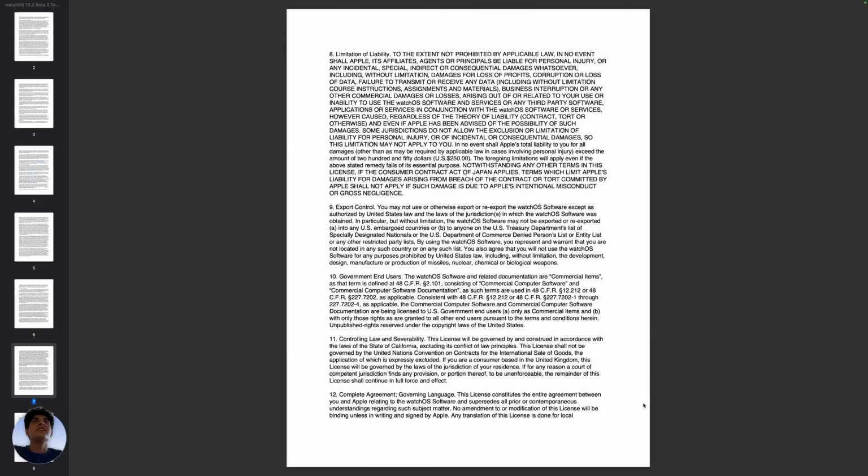8. Limitation of liability. To the extent not prohibited by applicable law, in no event shall Apple, its affiliates, agents, or principals be liable for personal injury or any incidental, special, indirect, or consequential damages whatsoever, including without limitation damages for loss of profits, corruption, or loss of data, failure to transmit or receive any data, including without limitation course instructions, assignments and materials, business interruption, or any other commercial damages or losses arising out of or related to your use or inability to use the watchOS software and services or any third-party software, applications, or services in conjunction with the watchOS software or services, however caused, regardless of the theory